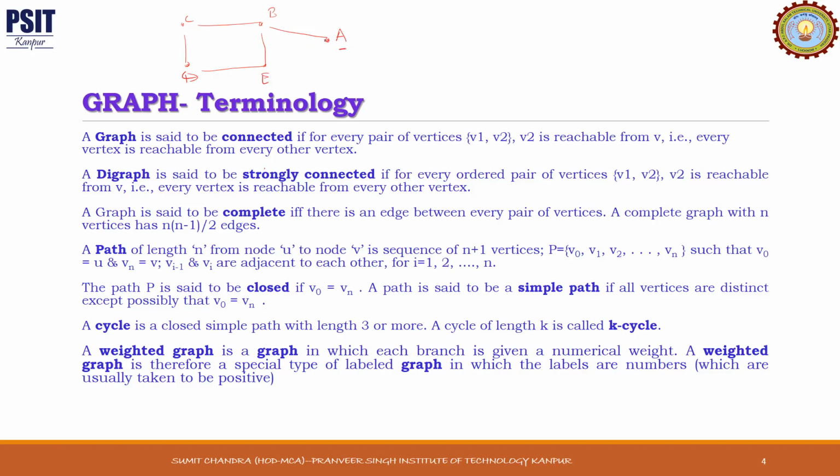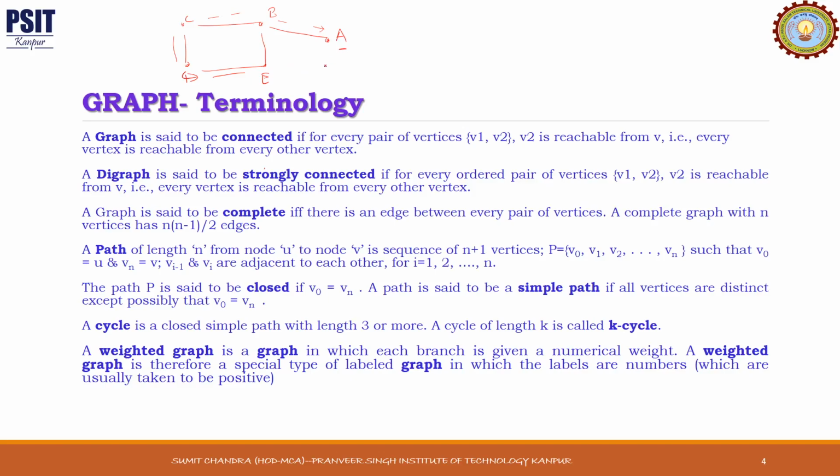So we take A, so we can go to B, we can also go to C, we can also go to D, we can also go to E. So from A every vertex is reachable. We can walk to each of the vertices using one or more edges. Now if we take B, then we can walk to A, C, D, and E. Again from B every vertex is reachable. We take C, then again every vertex is reachable. If we take D, then again every vertex is reachable. So since all vertices are reachable from every other vertex, this graph is connected.